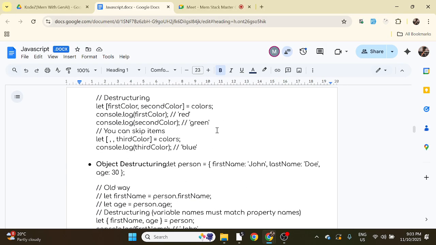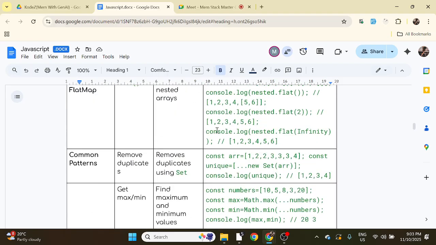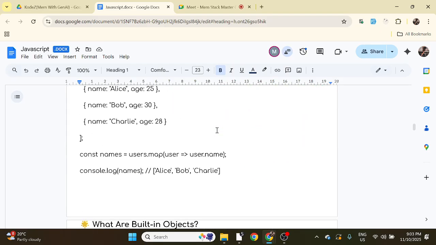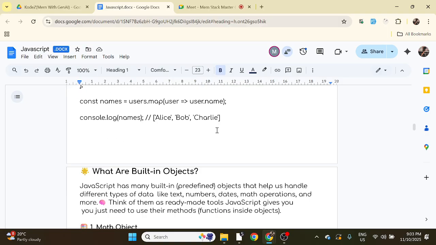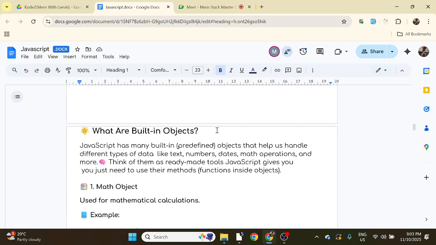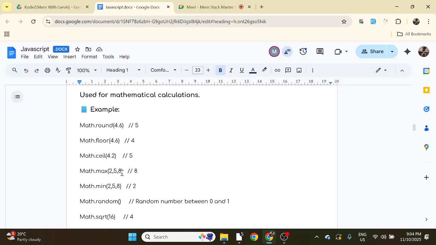So in our previous class, we learned a lot of things, right? We learned about the methods of array, and an array can contain objects also inside it. Then after it, we learned about the built-in objects, like the Math object. You can round off the number, you can floor it, you can ceil it, you can find out the maximum, which one is the greatest number among these numbers. Okay, and you can find the minimum number, which one is the lowest number, and you